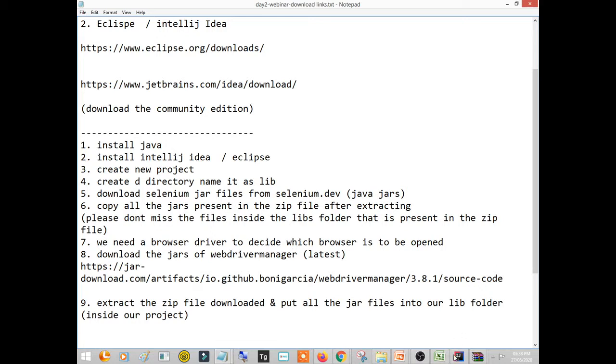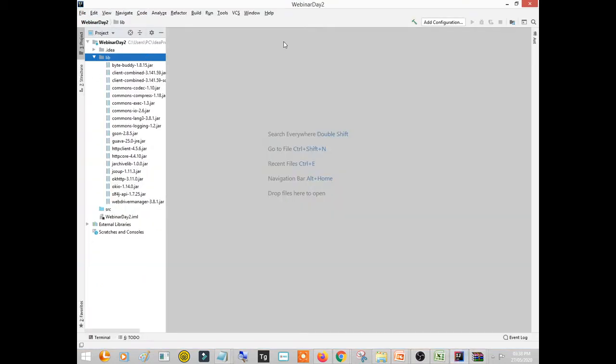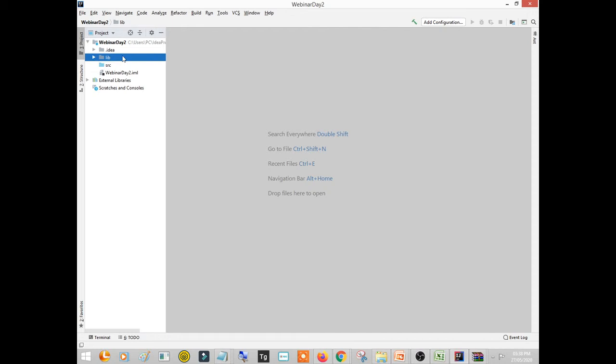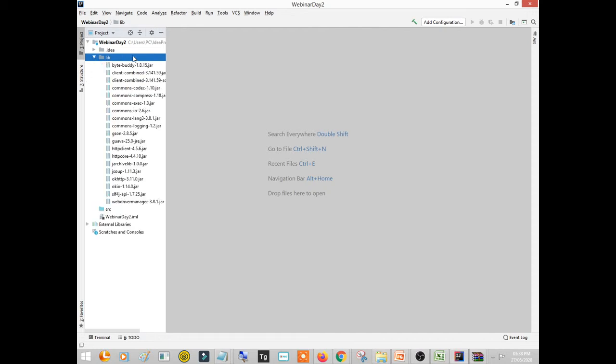Okay, so I have put this. Now this library is filled up with all the required jar files.